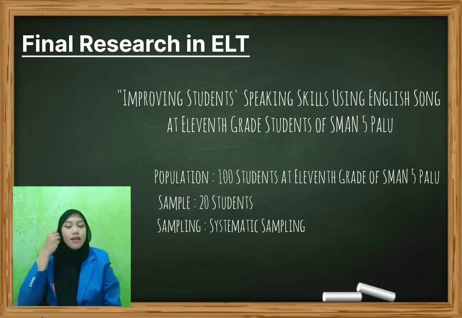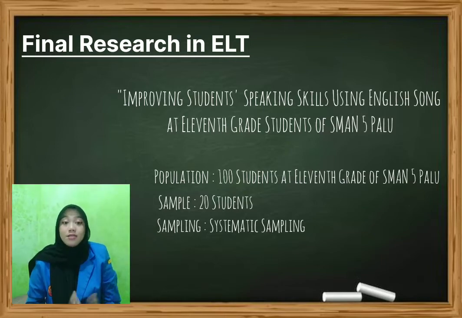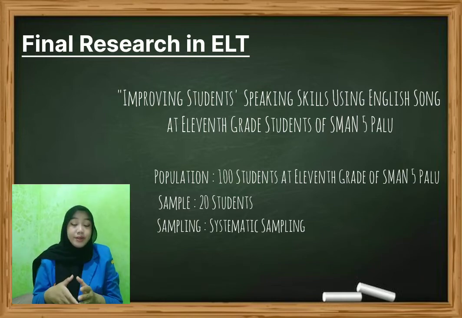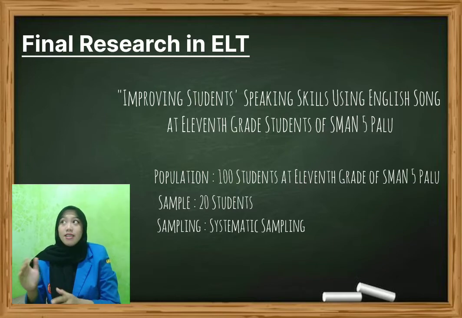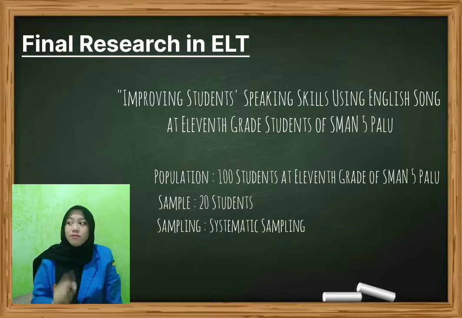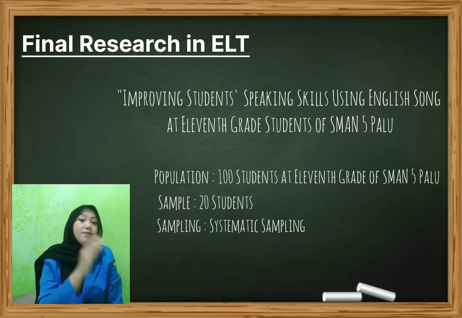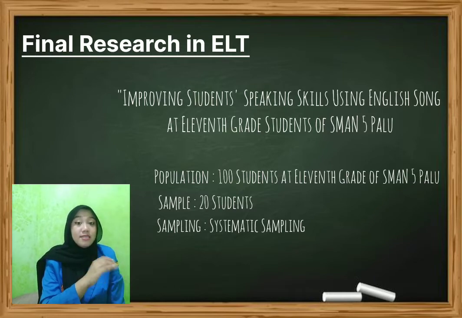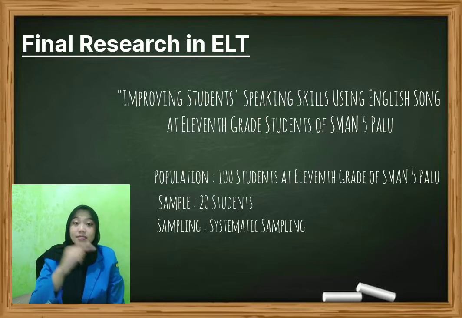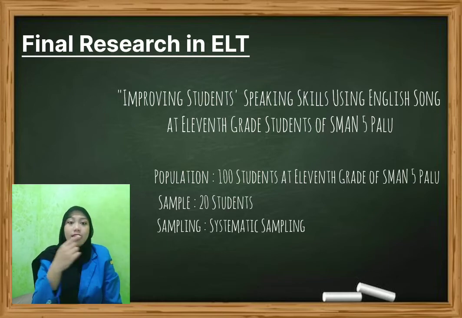Okay, so I will ask the teacher for the student attendance list and sort their names by number. For example, class A, I start from number 1 until 20, and class B, I start from number 21 until 40, and class C, I start from 41 until 60, and so on